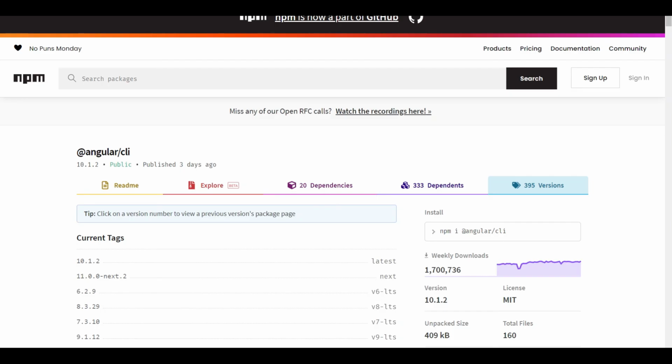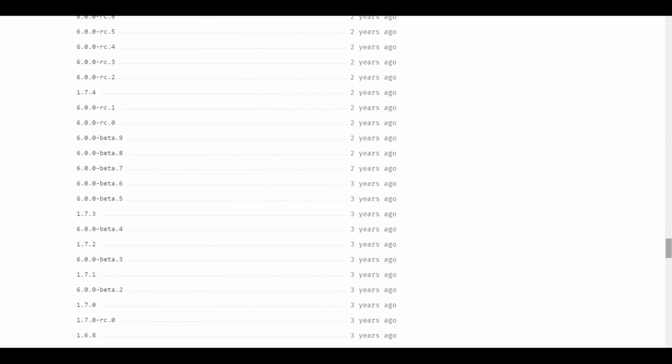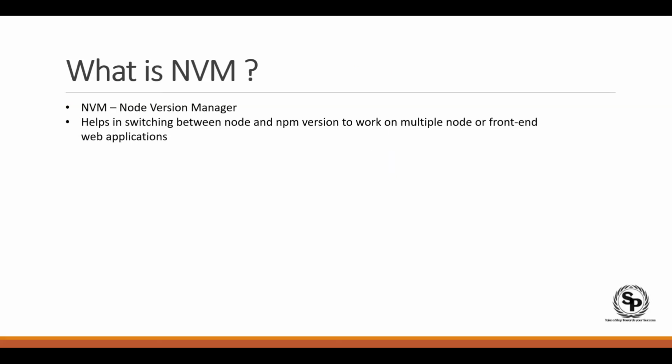Though still, like you have seen when we were checking on the npm website, we could not see the Angular 5 version modules, packages over there. So some supporting packages of Angular 5 versions are deprecated, so probably it could not work over there. But I hope it is clear how we could use nvm to use multiple node versions of either 32 or 64 bit, and we could use it in our node application as well, and in Angular application as well.